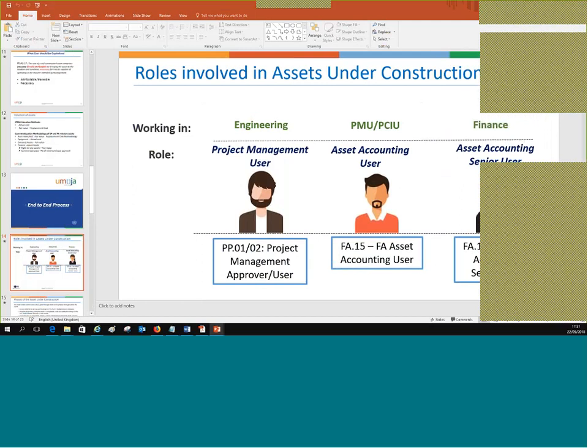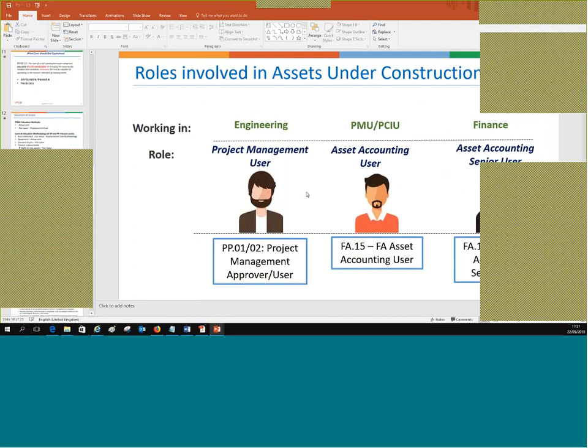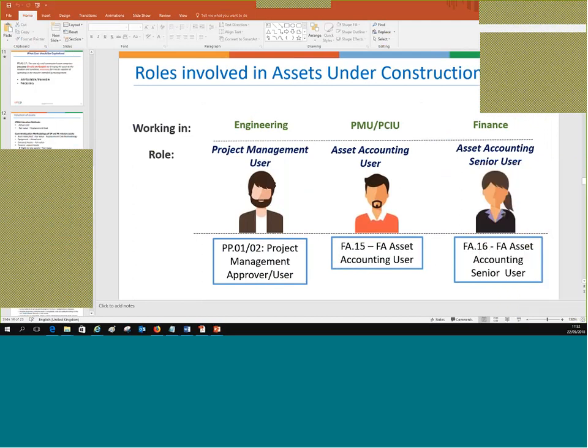Then we have finance. Finance section, asset accounting senior user has the role FA16, and it's called asset accounting senior user. This is normally the audience that you have in this workshop, finance senior users, and they are the ones doing the settlement of the cost to the asset under construction. And since it is very important how the project is configured, these two users have to work closely. And that's why you are together in this workshop, and you will be sitting close to each other